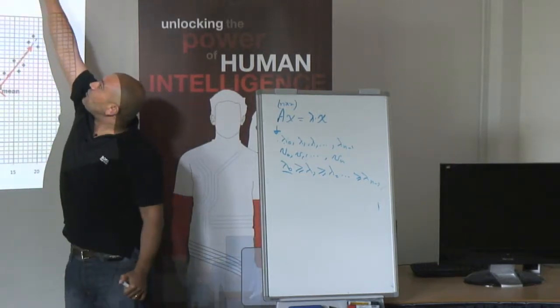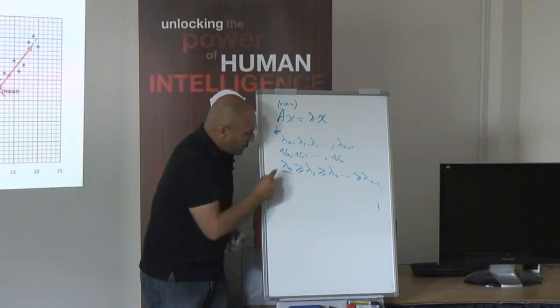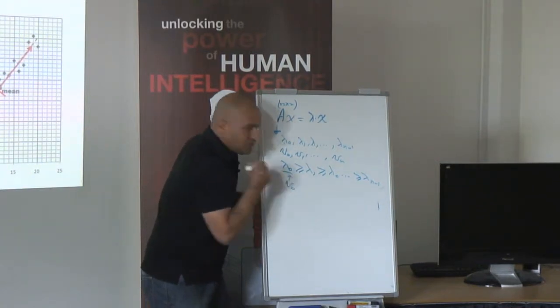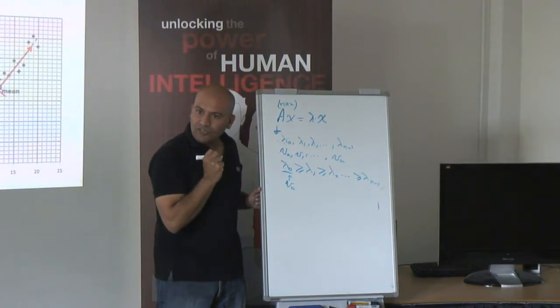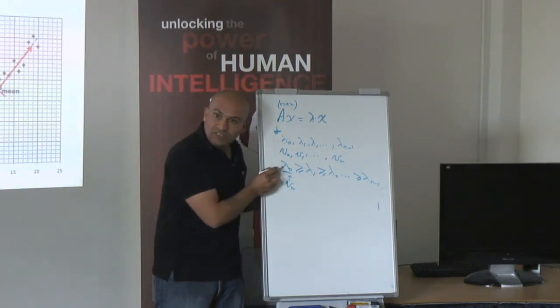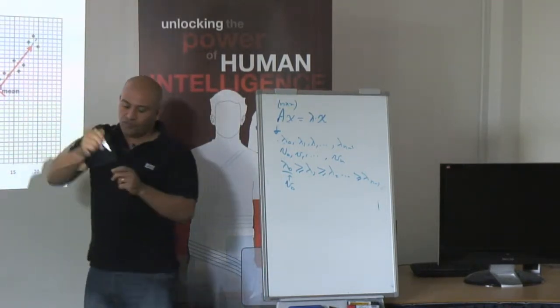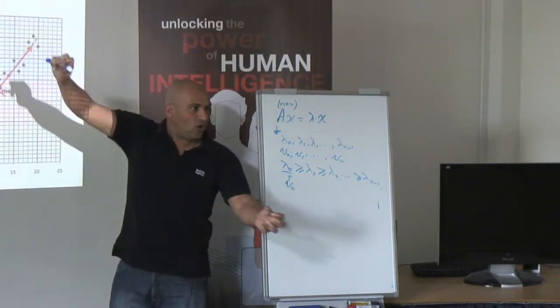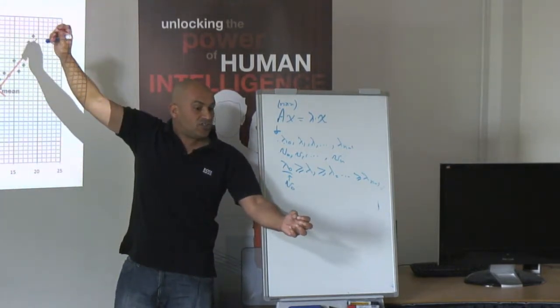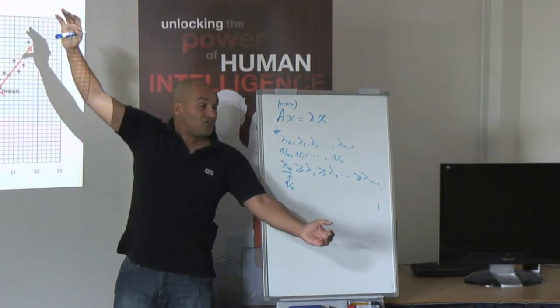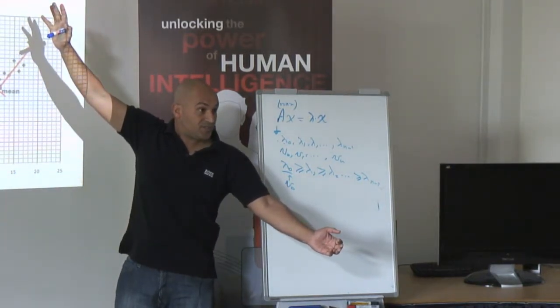The eigenvector v0, which corresponds to the eigenvalue lambda 0, will be the biggest one, corresponding to this long dimension,